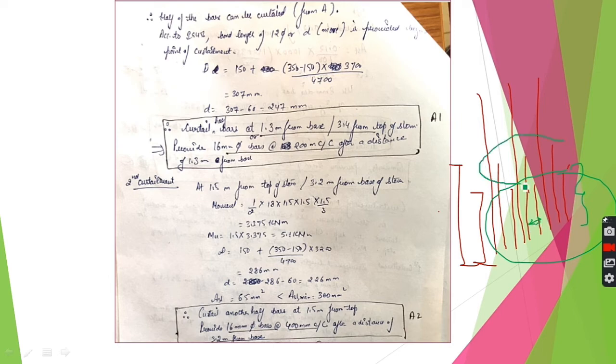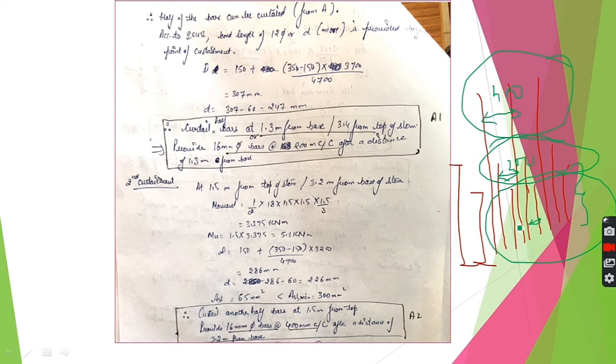In this portion, which is the second layer of your reinforcement, here we are getting more spacing as compared to here. So this will come out to be double, that is 200. And in the topmost portion where the moments are very less, here we get the reinforcement as 400 mm center